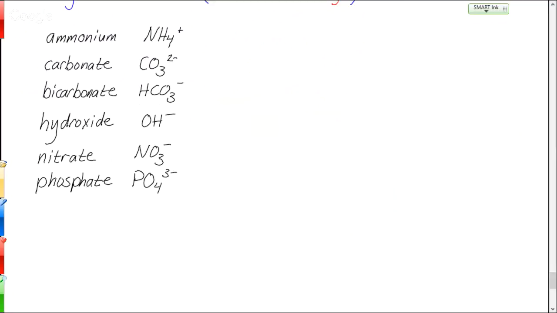And finally, sulfate, which is SO4 minus 2. All right, so just 7, not too bad. But you need to know the name, the formula, and the charge, because what we want to be able to do is to use these to put compounds together